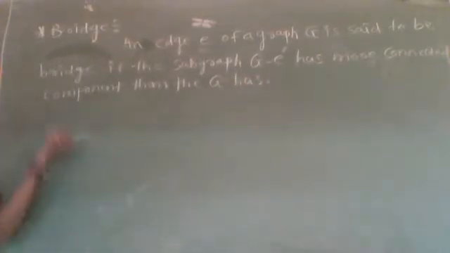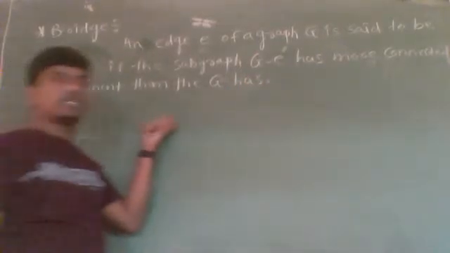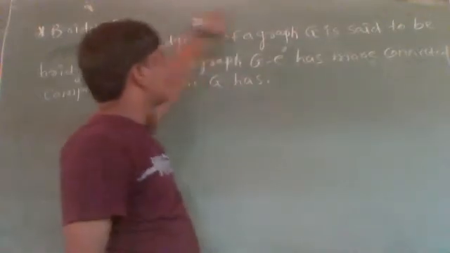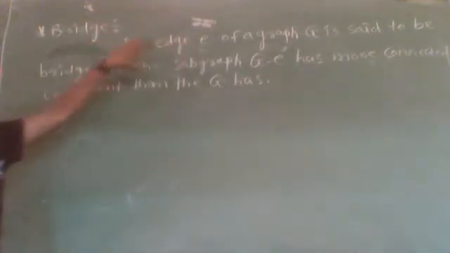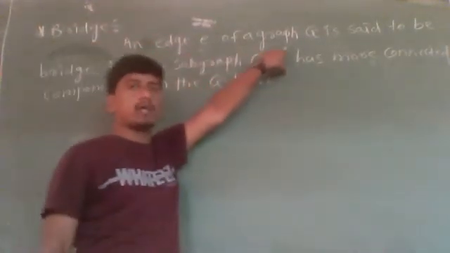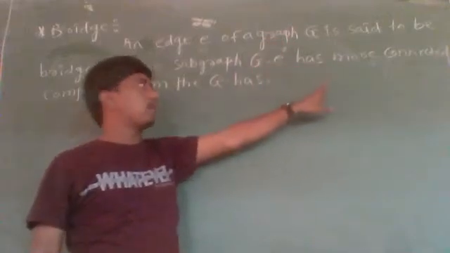So an edge E of a graph G is said to be a bridge if the subgraph G minus E, which is obtained by deleting the edge E from the graph G, has more connected components than the graph